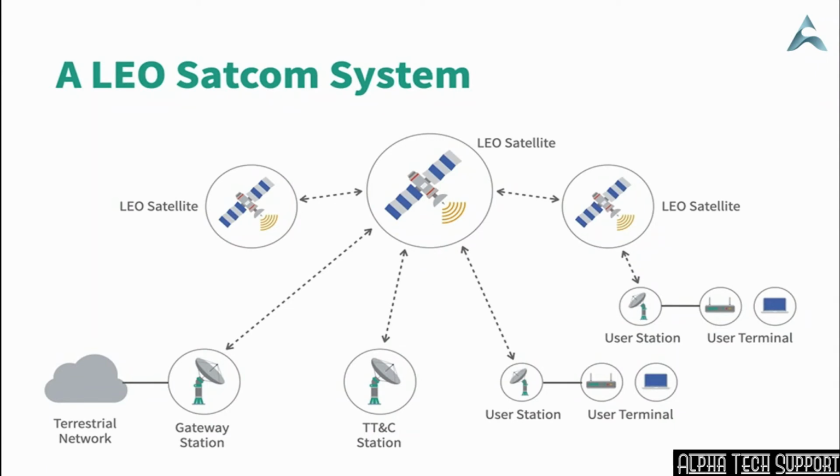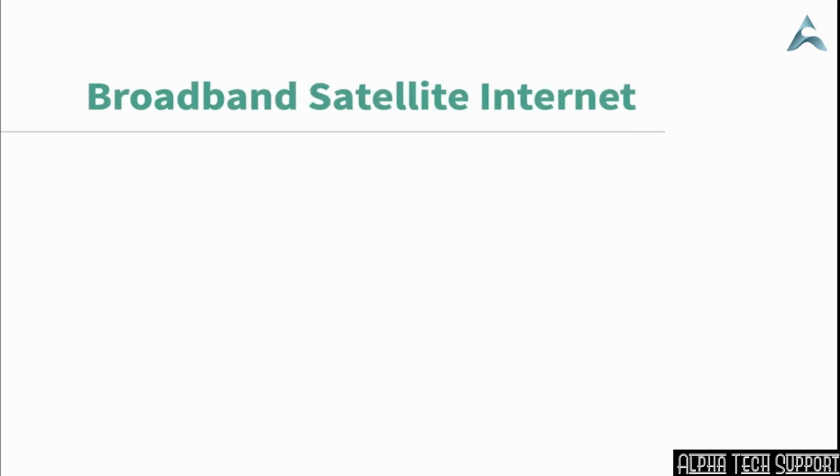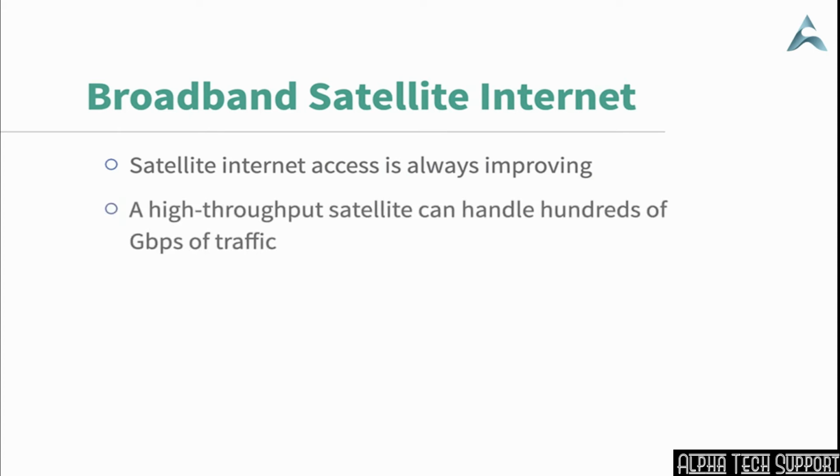Now we have seen the architectural components that make a LEO satellite internet. These internet services can potentially serve any place on Earth with low latency broadband performance. The latest LEO satellite constellations can provide ever-enhanced broadband satellite internet access with broad coverage on Earth. As a result of technological innovation, a single user can enjoy enhanced broadband with low latency from a satellite internet service. The high-throughput satellites can also handle data traffic from tens to hundreds of gigabits per second, supporting many broadband